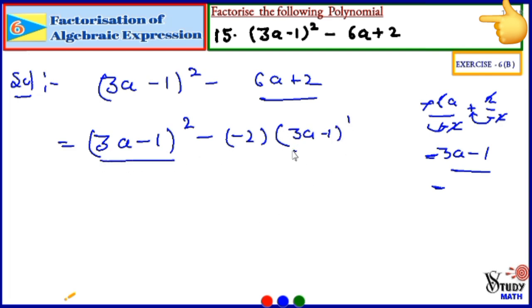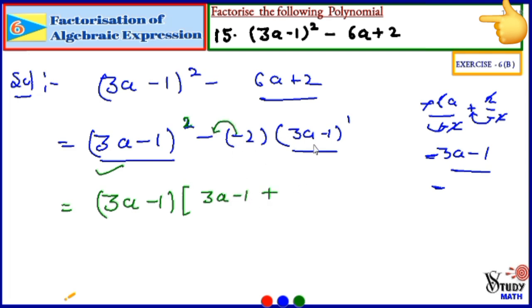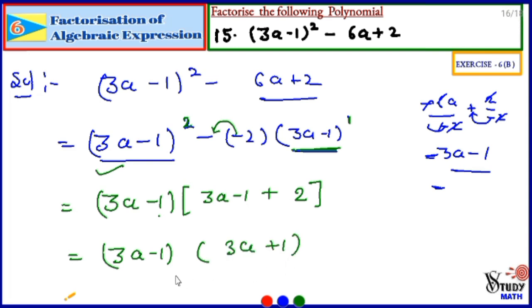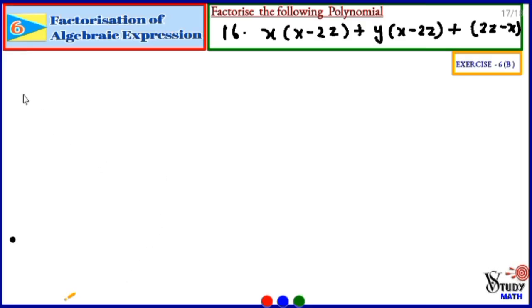So now you can see in the first term and second term what is common. The common binomial is (3a − 1), and from the first term this binomial has power 2 and power 1 is taken as common. So what is remaining here, my dear student, is (3a − 1) as common, and this negative goes to multiply here and becomes positive. In the second term, (3a − 1) has only power 1, and power 1 will be taken out as common. So what is remaining, only 2 is remaining. So what is the final answer: (3a − 1)(3a − 1 + 2) = (3a − 1)(3a + 1). So this is the final answer of this problem. Now move to the next problem, problem number 16.